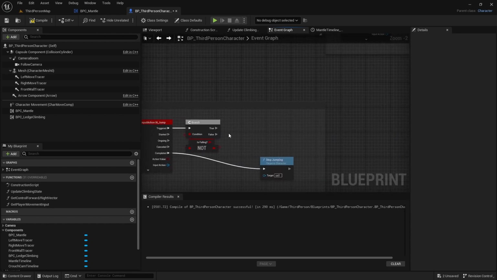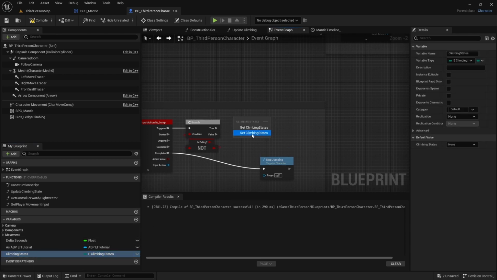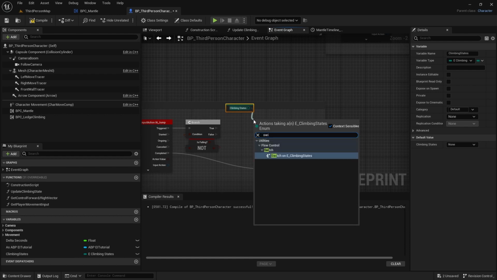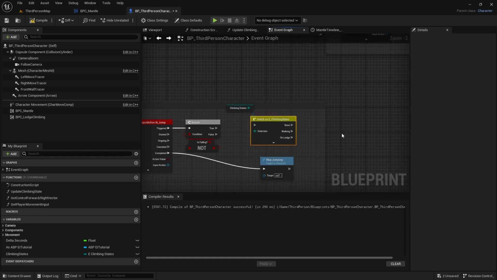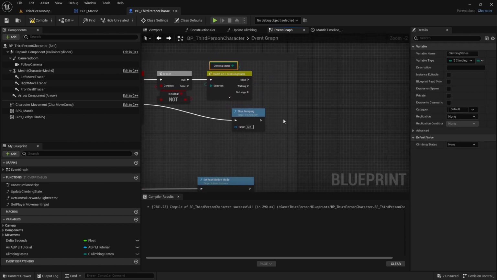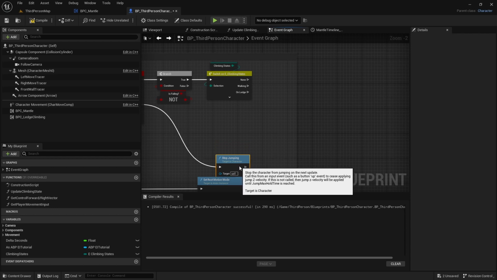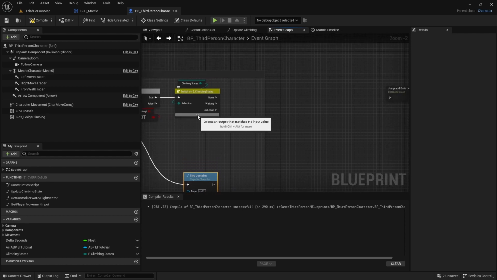We're going to get our climbing states. So our climbing states variable, we're going to get that. And we're going to do a switch on climbing states. Go ahead and connect that to the true. And we're going to move this stop jumping just down out of the way, because we're going to need to get